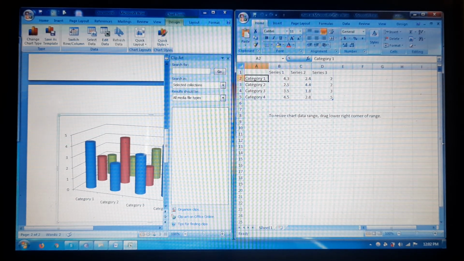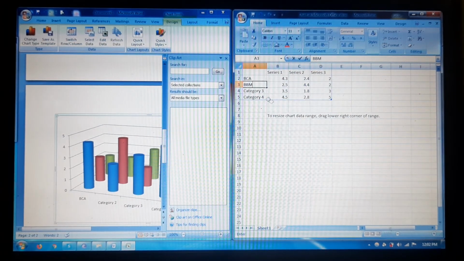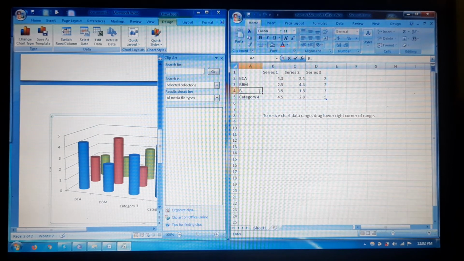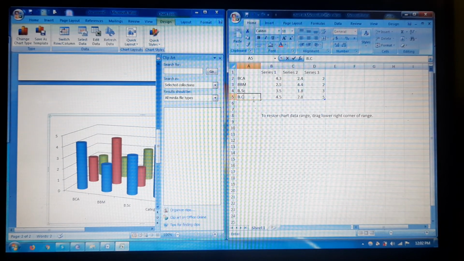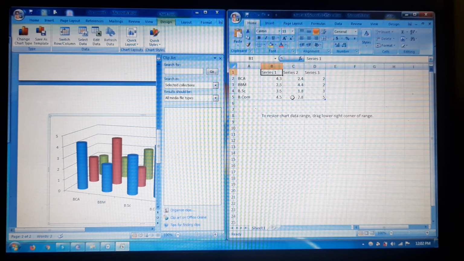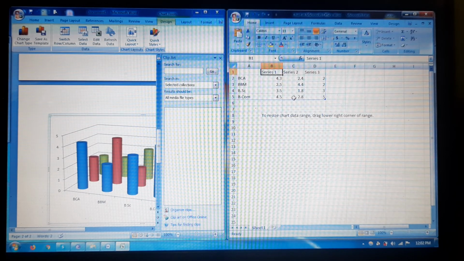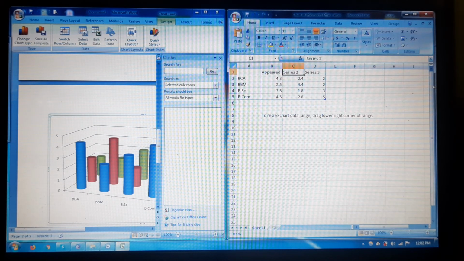Let's say the categories are BCA, BBM, BSc and BCom. Here the series is the number of students who appeared for the exam and passed. How many appeared and how many passed the exam.